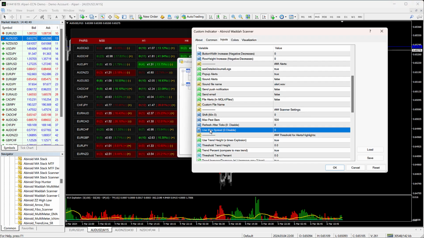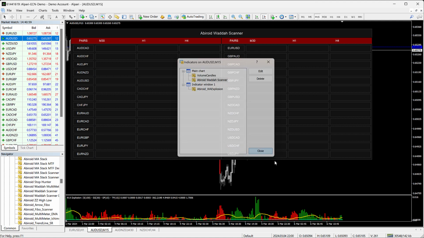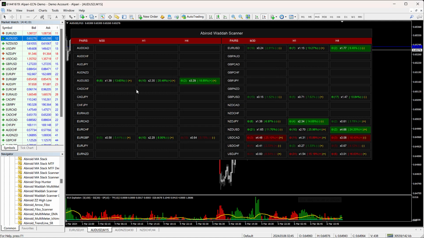And you can also use the max spread if you want to trade pairs where spread is a certain amount. Like if you want where spread is something like 15 or 20 or lower, then you can set the max spread threshold and it will remove all the pairs where spread is higher than that. Because at any given time of day, sometimes certain pairs are performing a lot better based on which market is